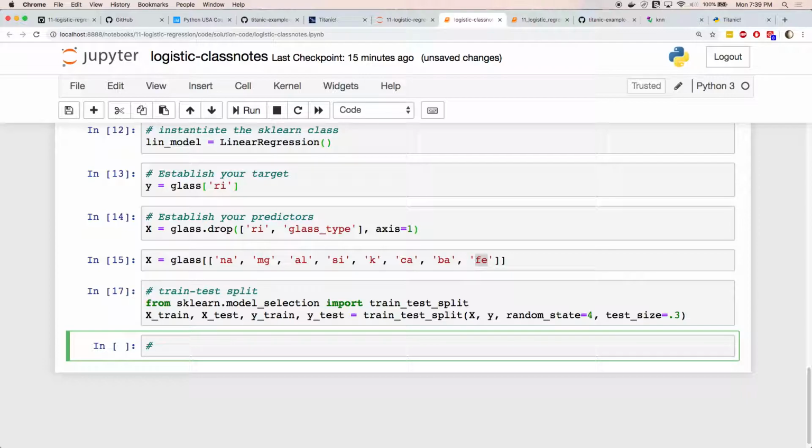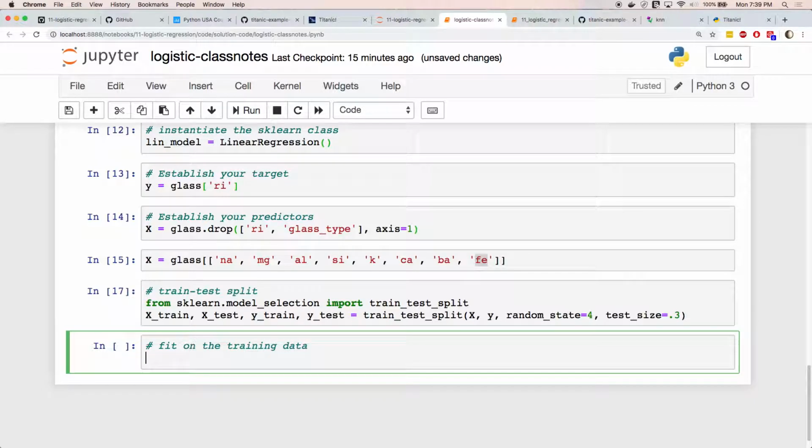And then the next step after that, Alex said it earlier. Can somebody else remind me what he said? Fit the training data. Fit the model to the training data. Yes, fit the model on the training data, or to the training data is fine. So we have a trained model, and our model is called lin model.fit